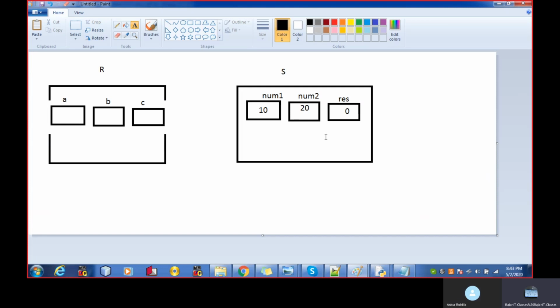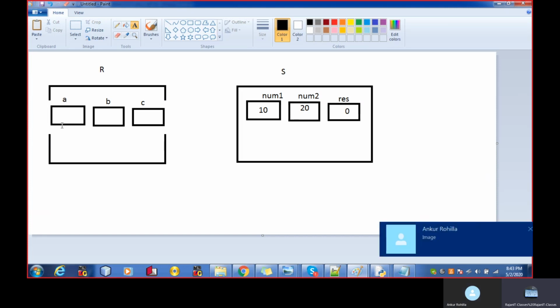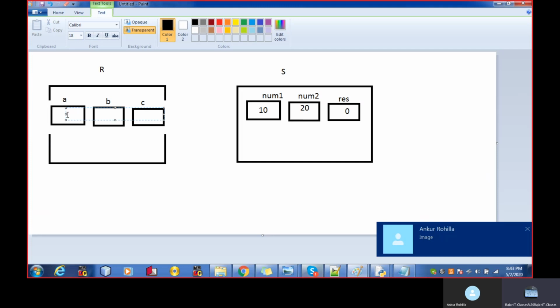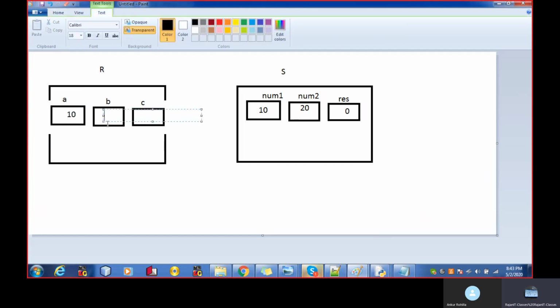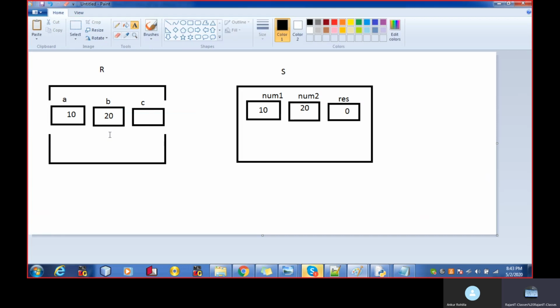Then, Sham has called Ram and passed the value of num1 to Ram. If Sham passes num1, then Ram will contain 10 over here, right?